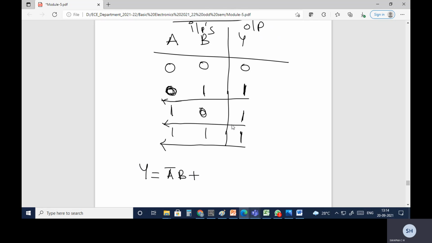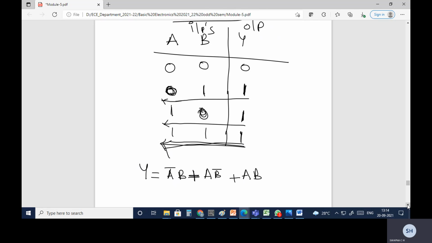Plus is nothing but the OR operator. So plus, here again I have one more 1, so that's why I am taking plus. For this one, again its corresponding inputs: A value is 1, so A only. B value is 0, so B bar. Now come back to the last combination. Since I have 3 ones, I will have 3 terms in my output equation. So the corresponding output is A value is 1, so A, B value is 1, so B. This is how generally we write the output equation.